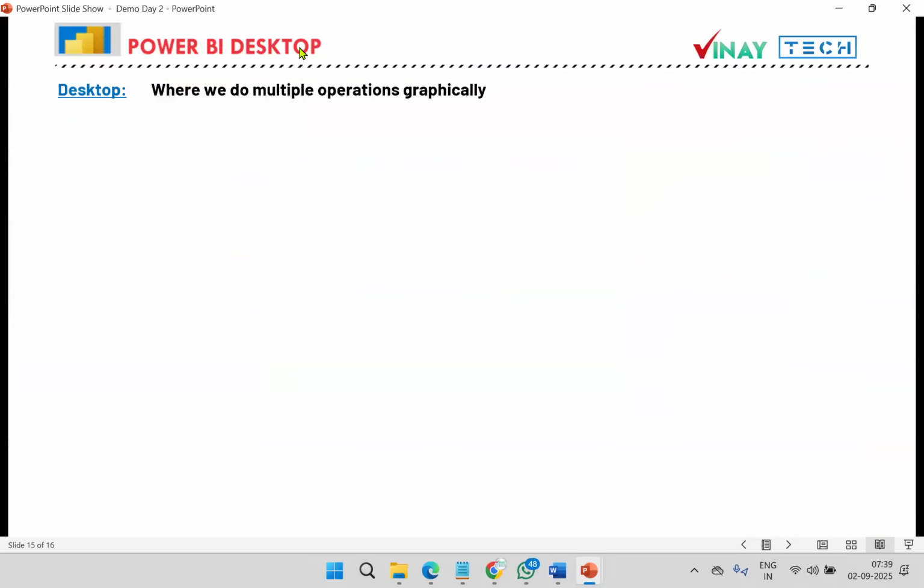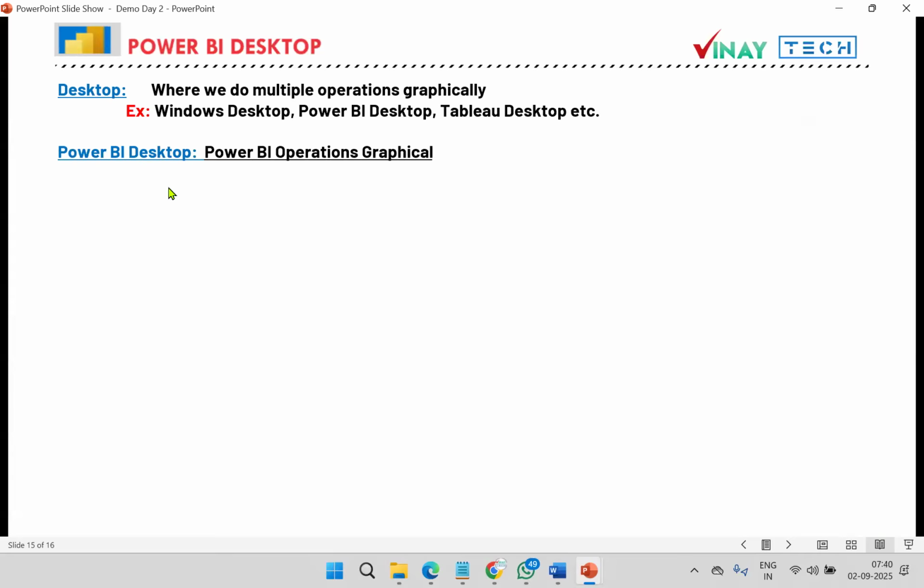Then what is Power BI Desktop? It is the regular desktop version, the place where we perform operations graphically. Windows desktop, Power BI Desktop, Tableau Desktop, multiple desktops are available. Power BI Desktop is the Power BI graphical operations area.